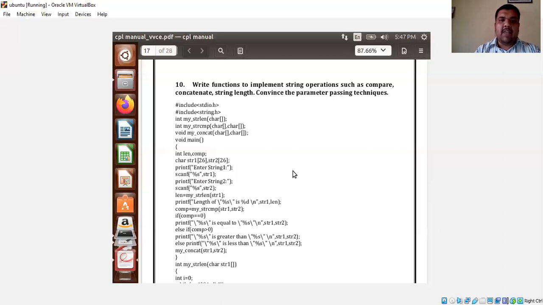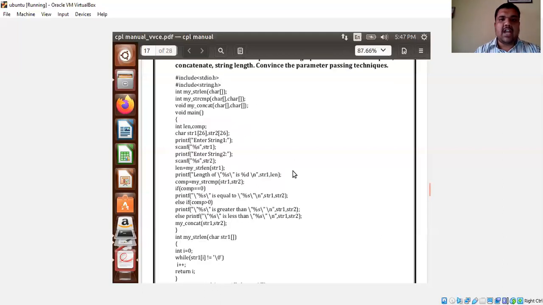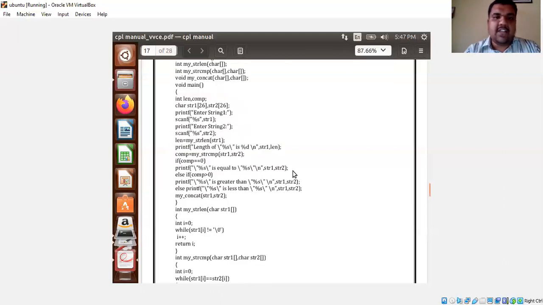Next one, void main. Every program is going to start with the main function itself. Here we will be taking two important variables, len and compare. len is going to store the value of the length. compare is going to store the values -1, 0, and +1. After this, two strings have to be read here: char str1 and str2, both of size 26.